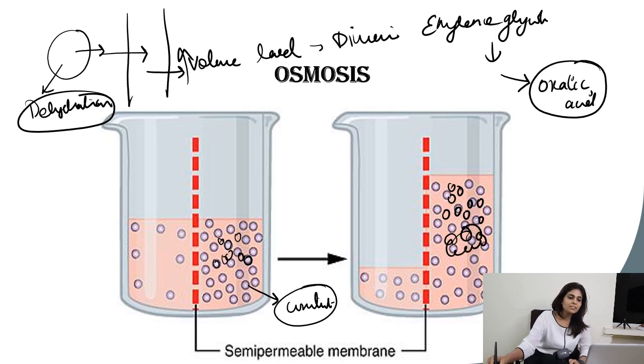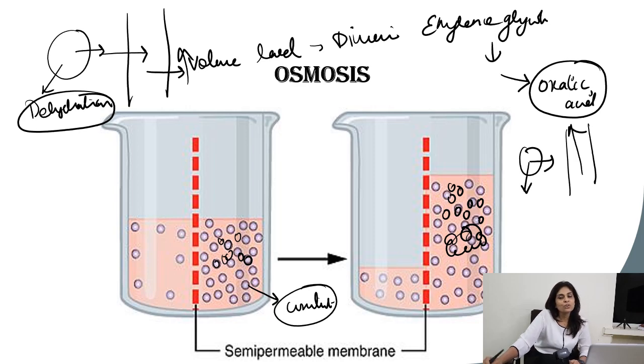Again, water starts moving from the cell first into the interstitial fluid, and then from the interstitial fluid into the circulation. This causes again volume overload on one hand, which causes osmotic diuresis, and on the other hand it causes intracellular dehydration, which causes coma. So there are many clinical conditions where you are worried about such osmotic movements.